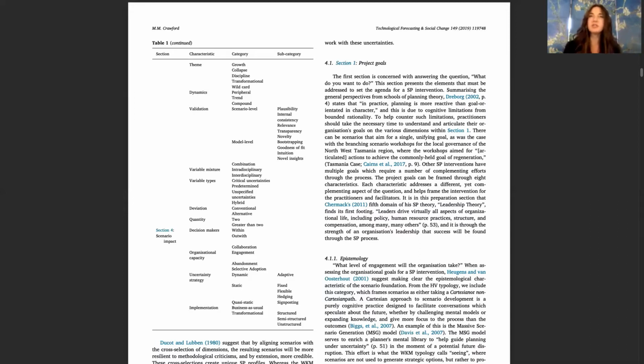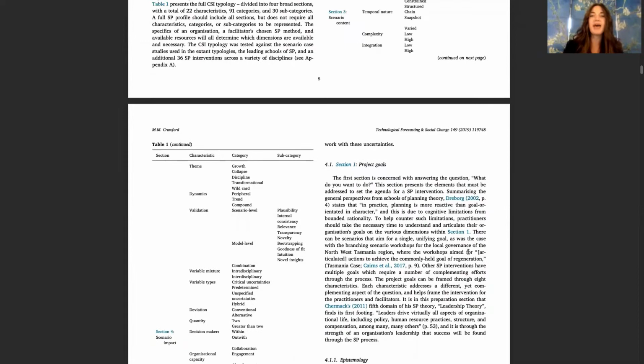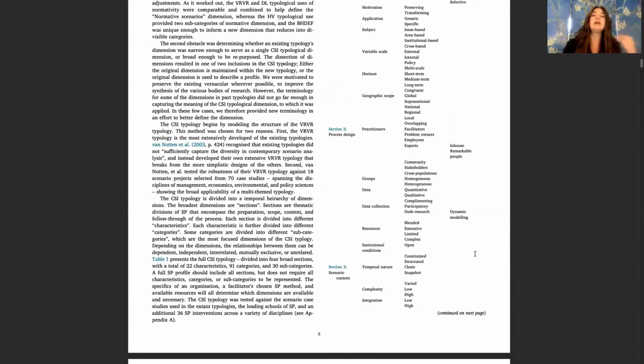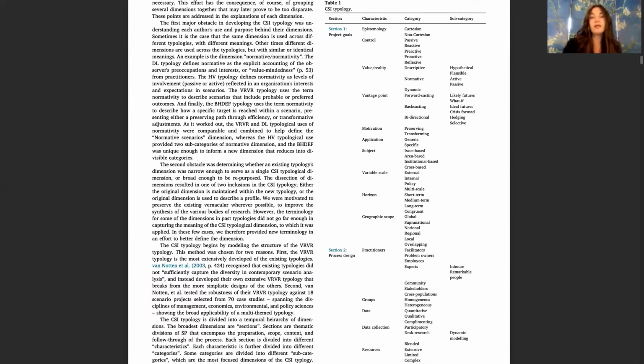A heterogeneous group of thinkers is always, I think, going to advance the narrative quicker than a homogeneous group of thinkers or somebody by themselves, as was the case here. Now, the thing with typologies is that they're never complete. And my hope with adding this typology to the larger scenario planning dialogue is to not only offer a new supportive tool, but to facilitate new discussions around scenario planning.